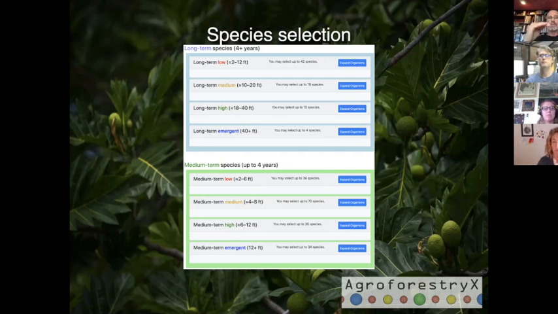Those lists are broken down further into which canopy layers each of those lists of species occupies. These are also filtered by the environmental conditions of your site. So you're presented with a menu of species that you can select from to use in your planting pattern.